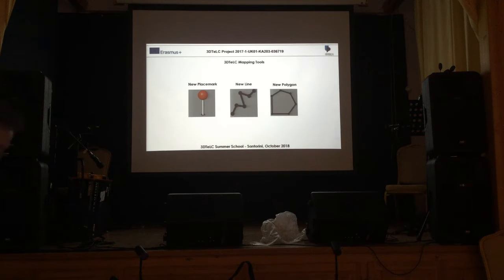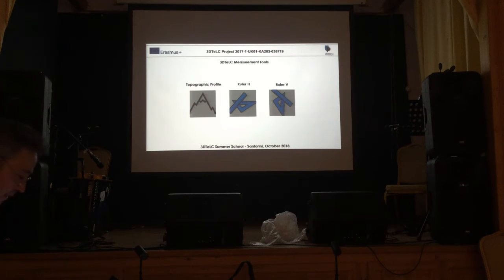Then measurement tools, like looking at topographic profiles, for example. Those two rulers there, actually I have measured them, but okay, this probably will be merged because the functionality is the same, it's just the ruler that measures. It doesn't matter if it's horizontal or vertical. But at this stage, the idea was to have them separate, to tackle the problem so we know that it works and works well and test it before they're merged.